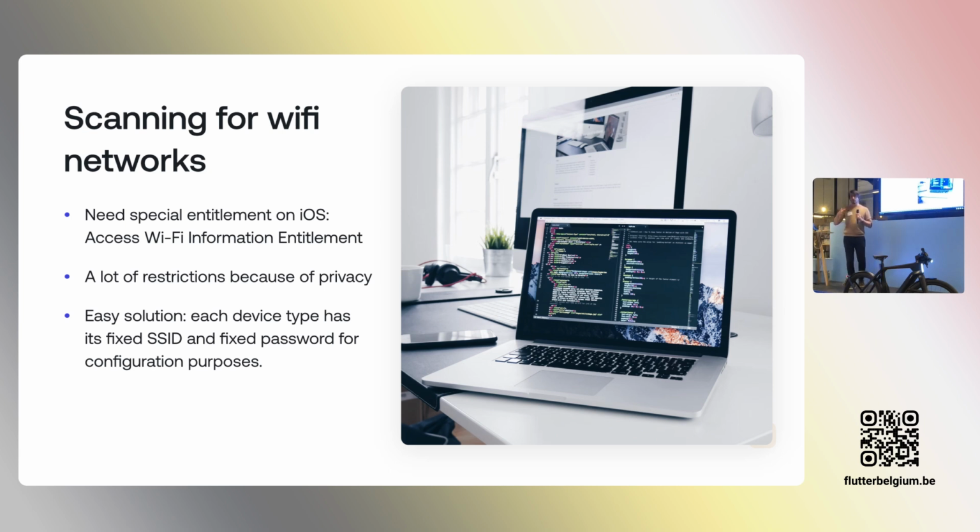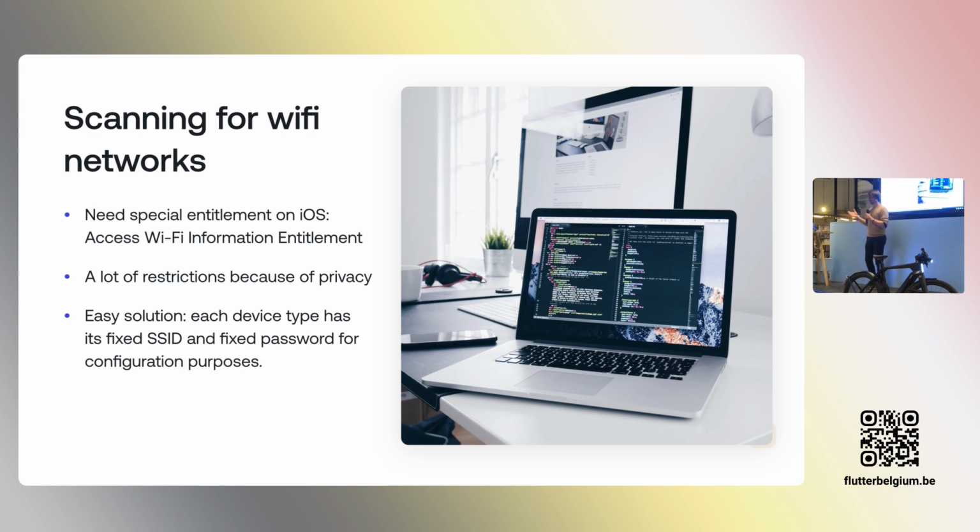What you could do until iOS 10, which is a long time ago, was scan for Wi-Fi networks. You can still do that on Android, but Apple decided to shut down that feature because of privacy reasons. What Google did was scan the whole world of Wi-Fi MAC addresses and make a whole database out of it. Right now, if you have 2 MAC addresses and their signal strength, Google can locate you within 2 meters based on that. Apple saw that, and they said, okay, we're not going to allow those things